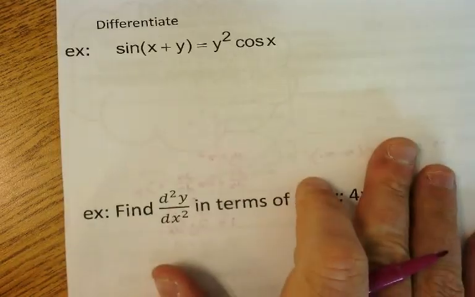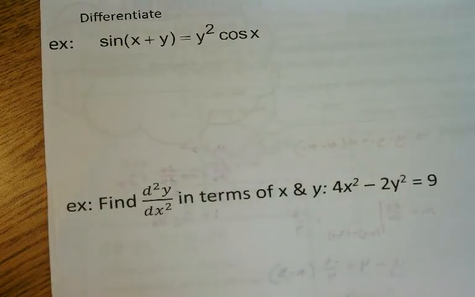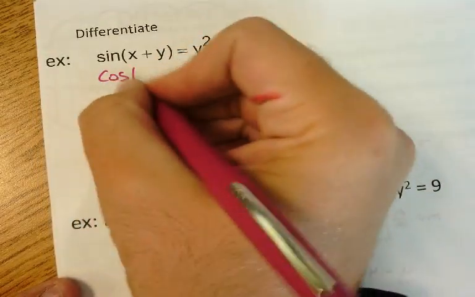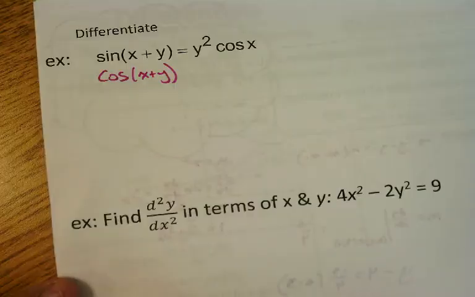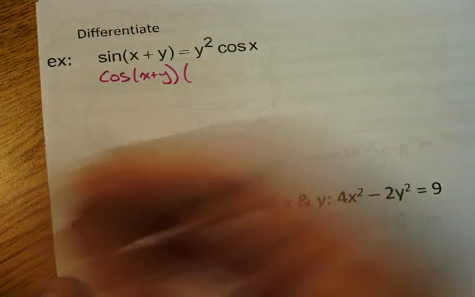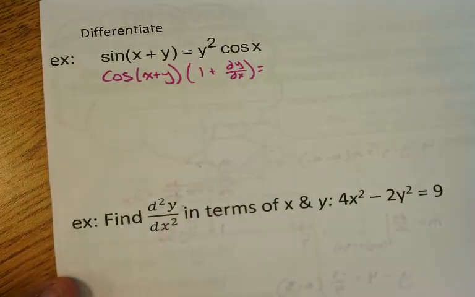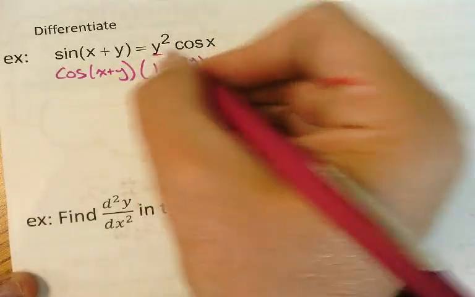Okay, so now this is an implicit equation where it's got a lot going on. When we start doing implicit, start to look for product rule, chain rule, and quotient rule. This one has two things going on. On the left-hand side, I have chain rule. On the right-hand side, I have product rule. For chain rule on the left-hand side, the derivative of the outside is cosine of x plus y, and then the derivative of the inside is 1 plus dy/dx, equals,